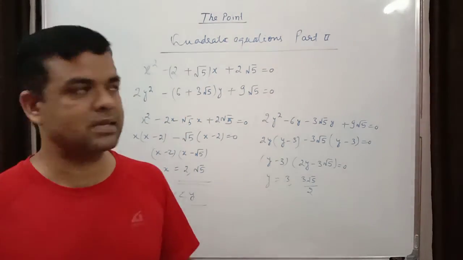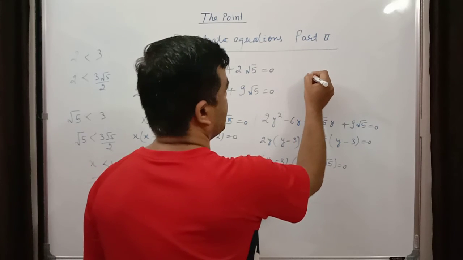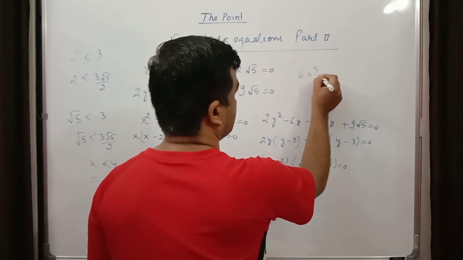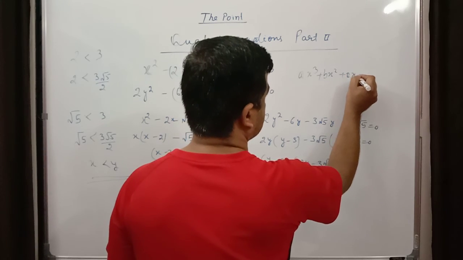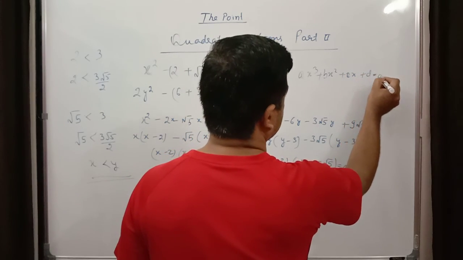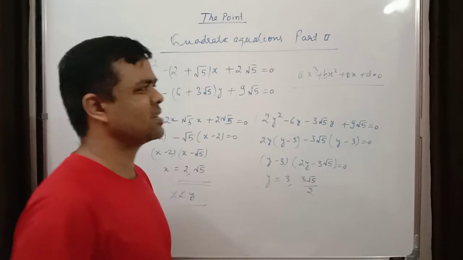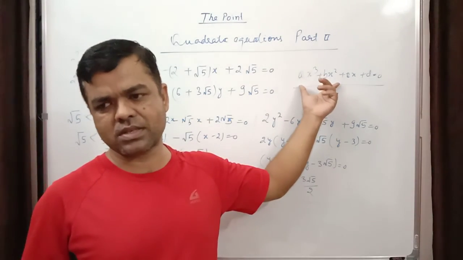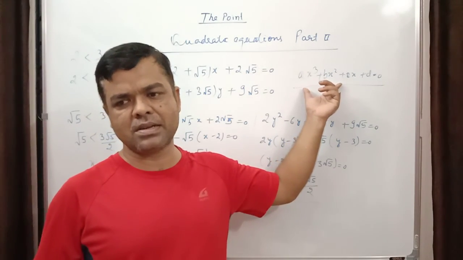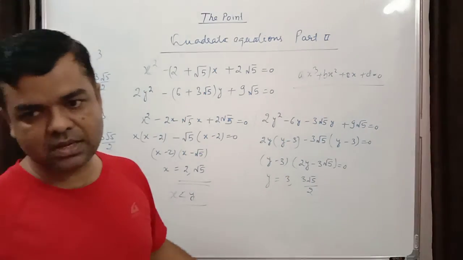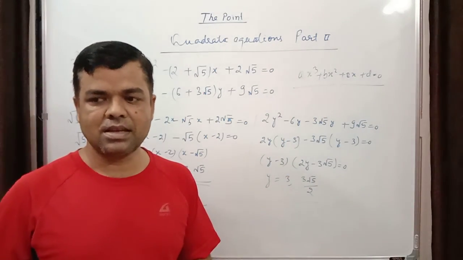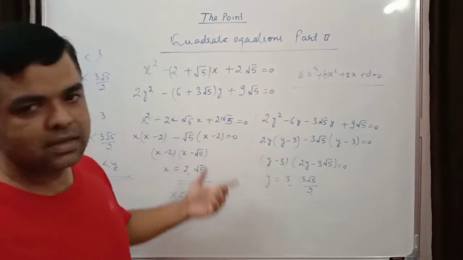If a cubic equation is asked in the form of ax cube plus bx square plus cx plus d is equal to 0. In some 1 or 2 exams this type of question is asked in cubic equation. This cubic equation I will teach you tomorrow. Okay. Till then you practice this type of equation, and if you practice a lot, then no trick is required, you can easily do it. Okay.